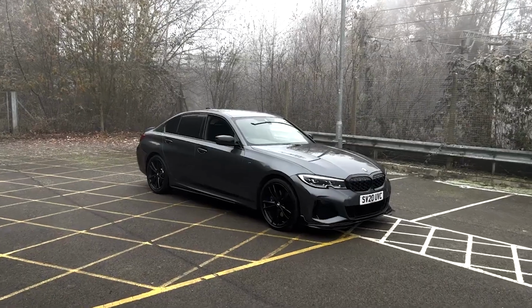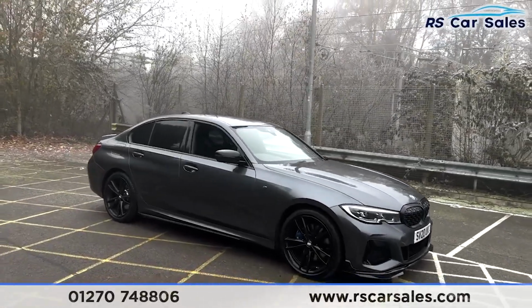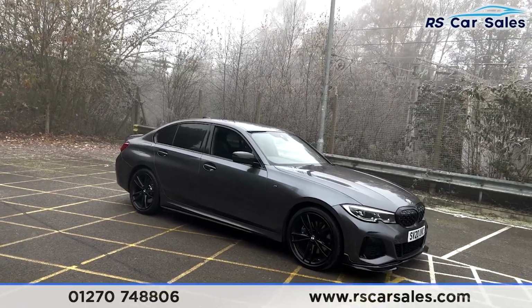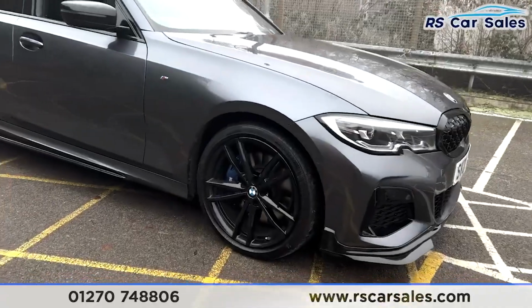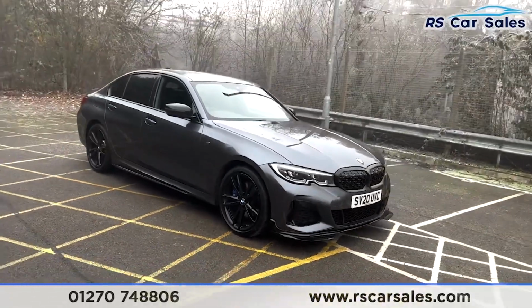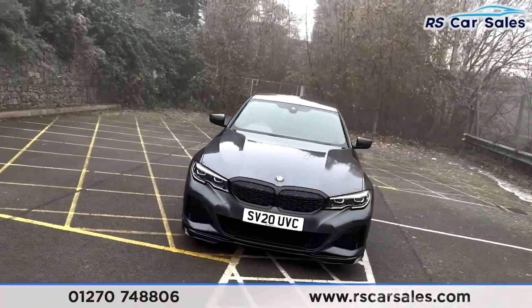Here we have a 2020 BMW M340i M Sport. Now this vehicle does come with over £2,000 worth of optional extras included. We have four superb unscratched, unmarked 19-inch alloy wheels in gloss black with the blue M Sport brake calipers just hiding behind. We have your LED headlights, the black front kidney grilles, full M Sport styling kit, so